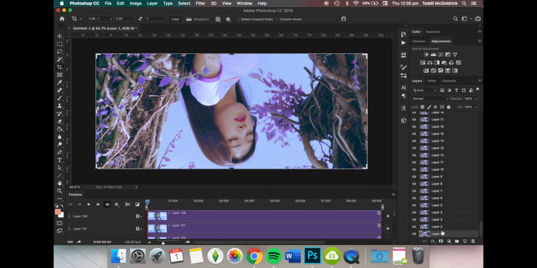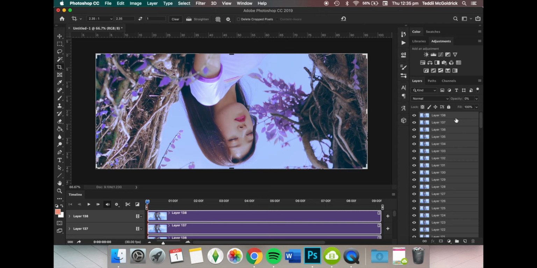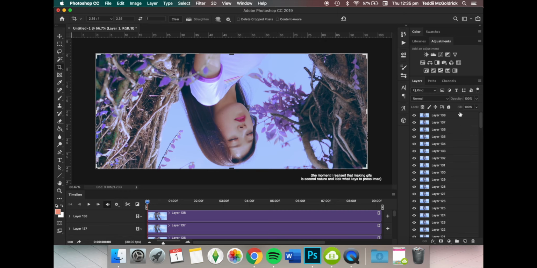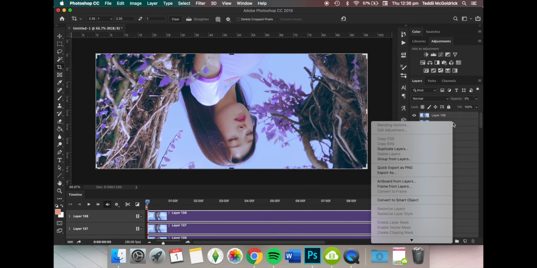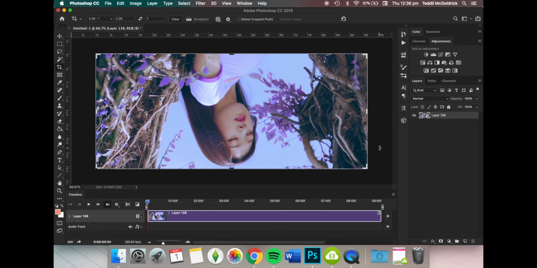then I make sure I have all my layers selected and go Control or Command. Wait, how do I do that? I don't even know, it's so embedded into me. I go, oh yeah, Shift click to select all, right click, and then convert to smart object. And this will give you a compressed media thing, or I don't know what it's called, but it'll give you